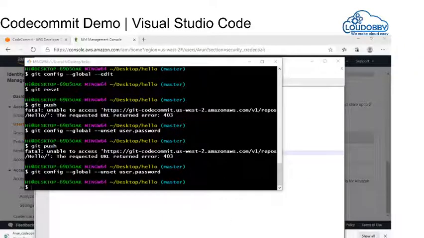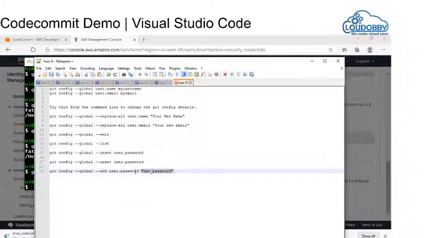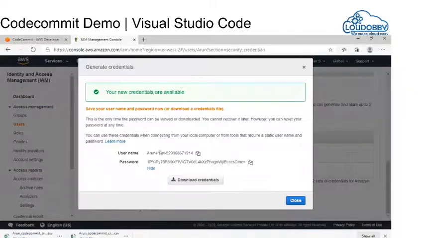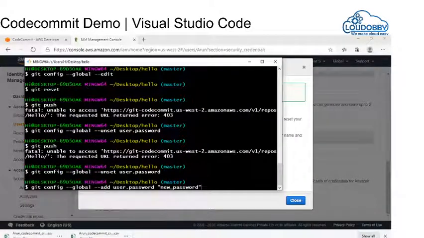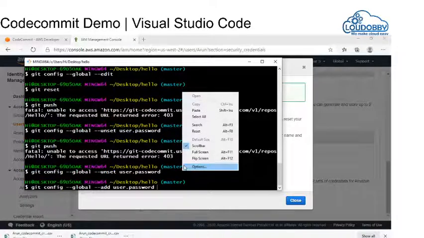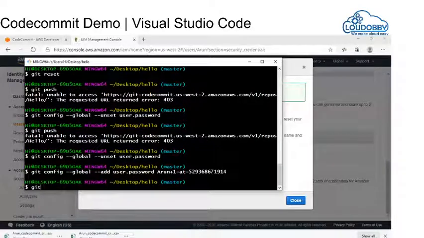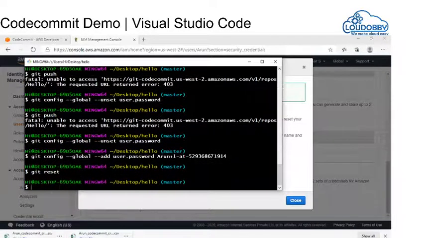Now I will try to add the user with this command. So we will copy the new user from the IAM. Okay, now we will try git reset, git push.